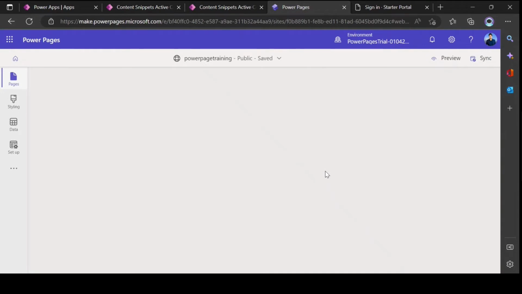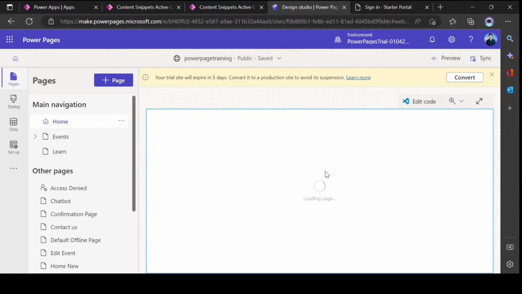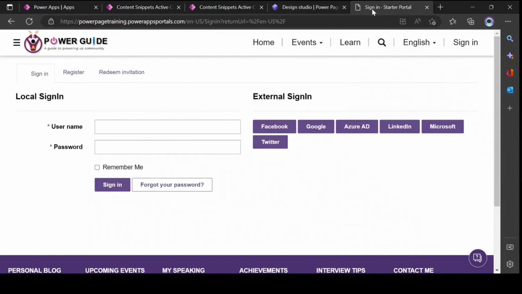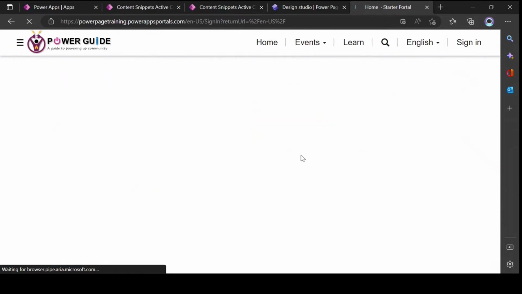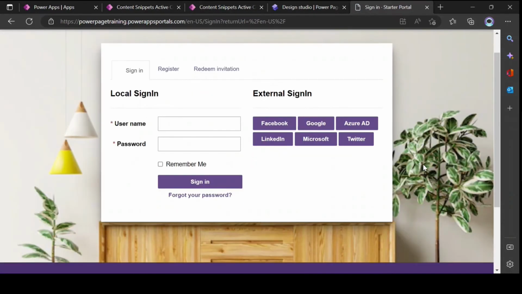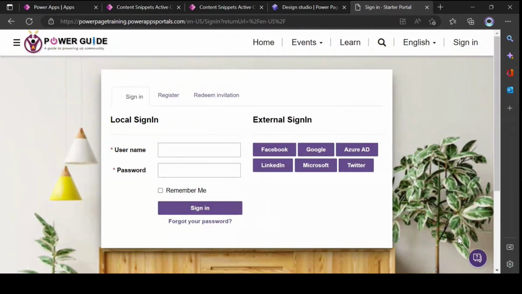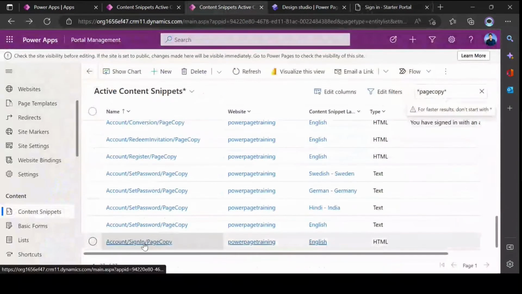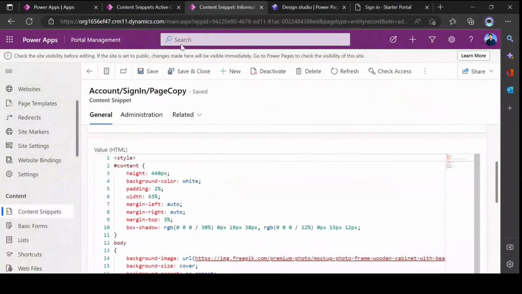So CSS is all up to you, how you want to customize it, and if you want to match it with your organization branding, you can change it as per your business need as well. So the syncing is done. Let me do the Control F5. All right, so now you can see I have just used a background image. If I head over to the content snippet and open the sign in page copy, there are a